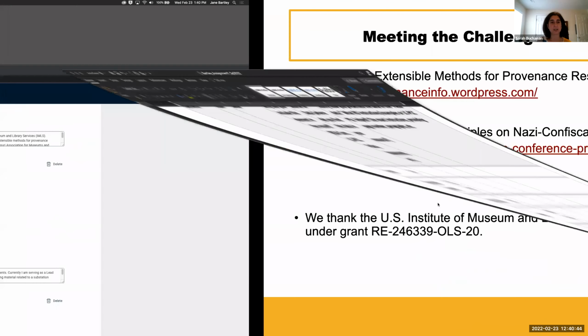Jane, perhaps you'd like to show a little bit more about the example that you looked at, where we saw that by tracing the path that the painting in this case took from Dresden to Brazil, we learned a little bit about the painting's history. Jane? Yep, I'm going to share my screen again because I clicked a button and then everything got mashed up. Let me share my screen again.